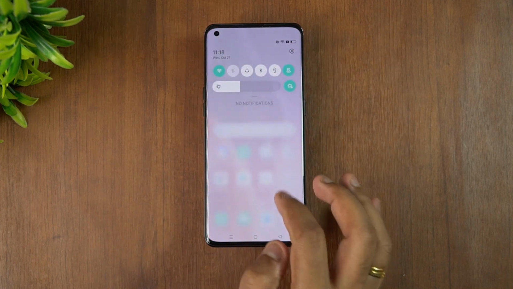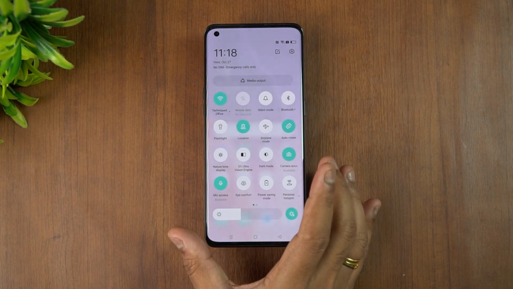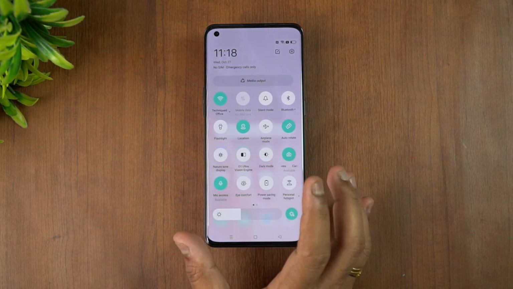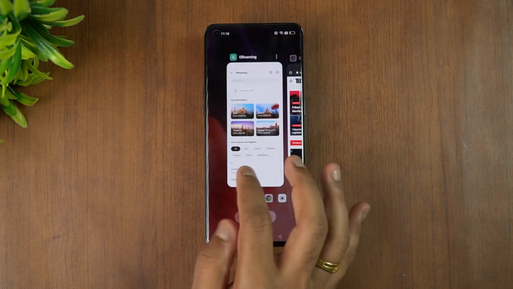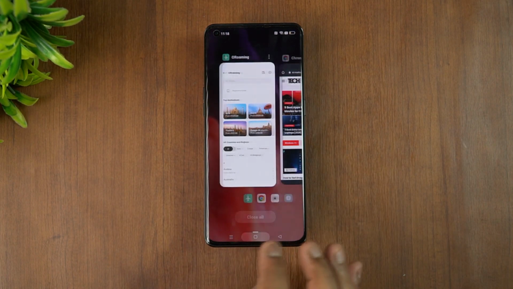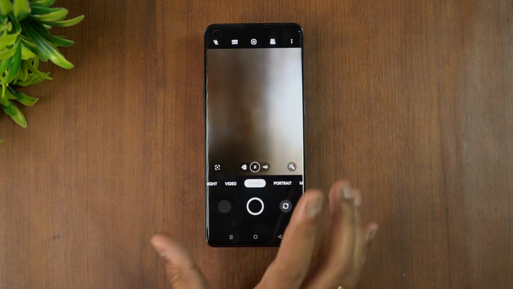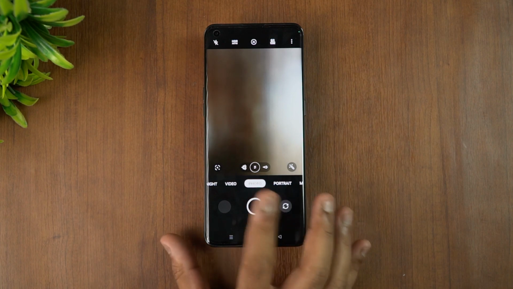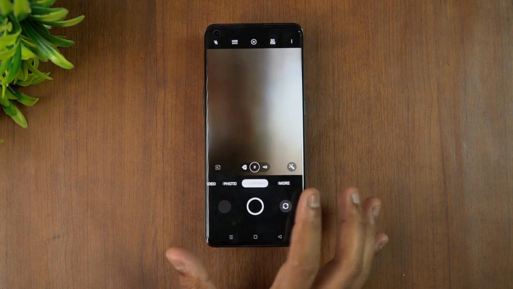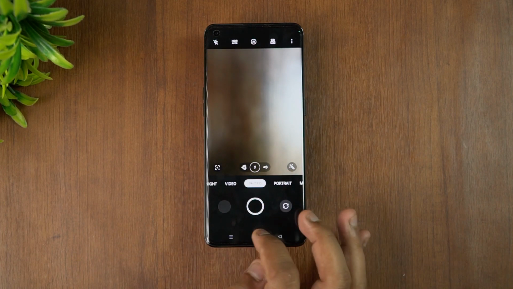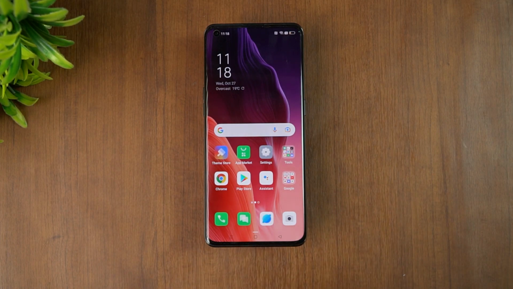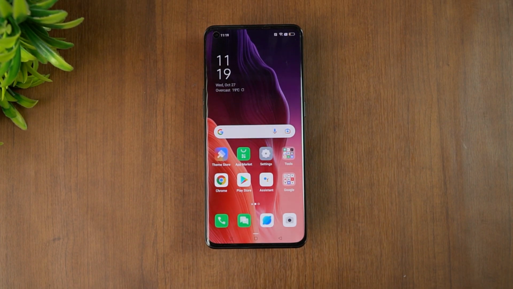You can also see the notification toggles are improved, and do feel better. A couple of interesting options are also included that we'll talk about in a while. So this is the main UI experience. Then you can see the multitasking window, and here also it's quite similar. Then the camera UI has also changed, but not a drastic difference actually. Still, you can see some changes here and there, especially in the fonts and the layout, but it's more or less similar to what we've seen on the previous UI as well. So this is the ColorOS 12 overview. These are the UI changes, or rather the main UI, the home screen layout, the notification toggle, the camera UI, and multitasking. So let's go to the other apps.